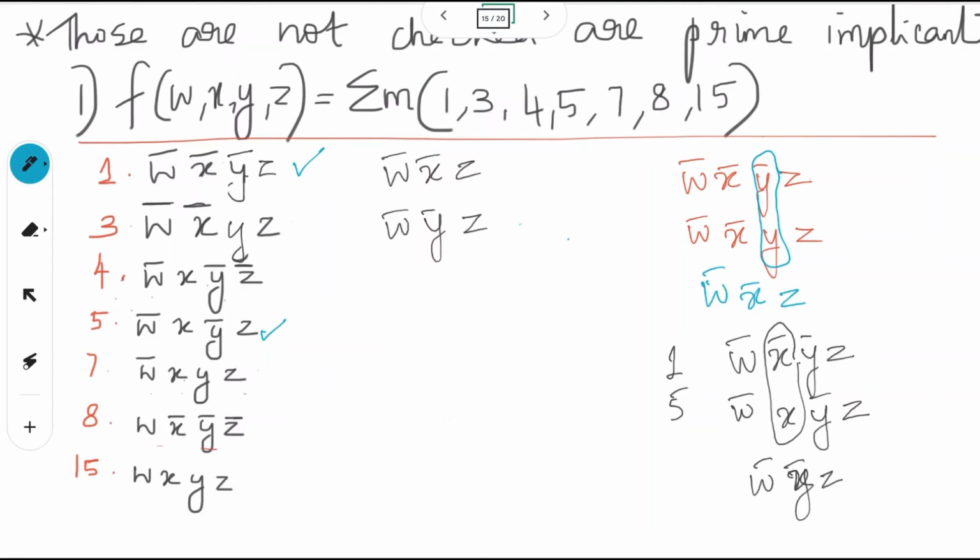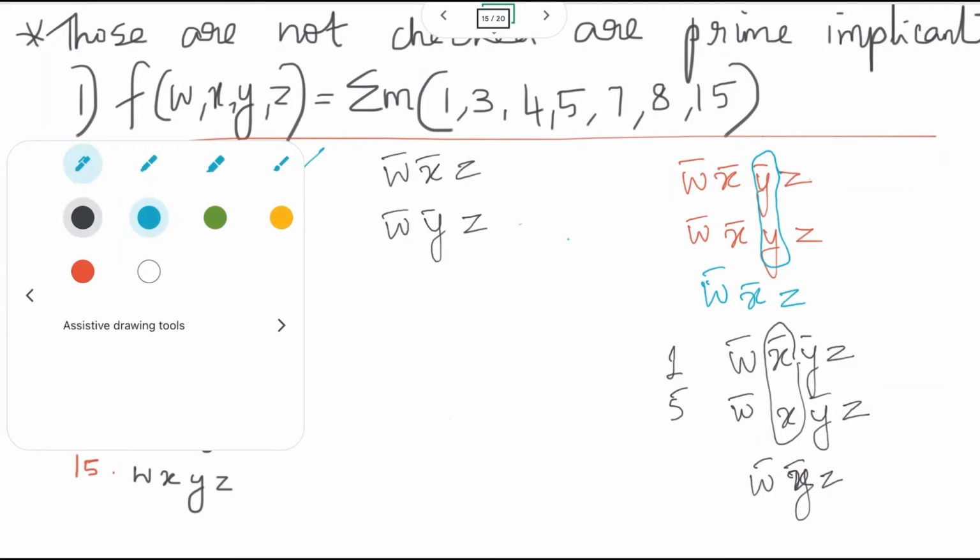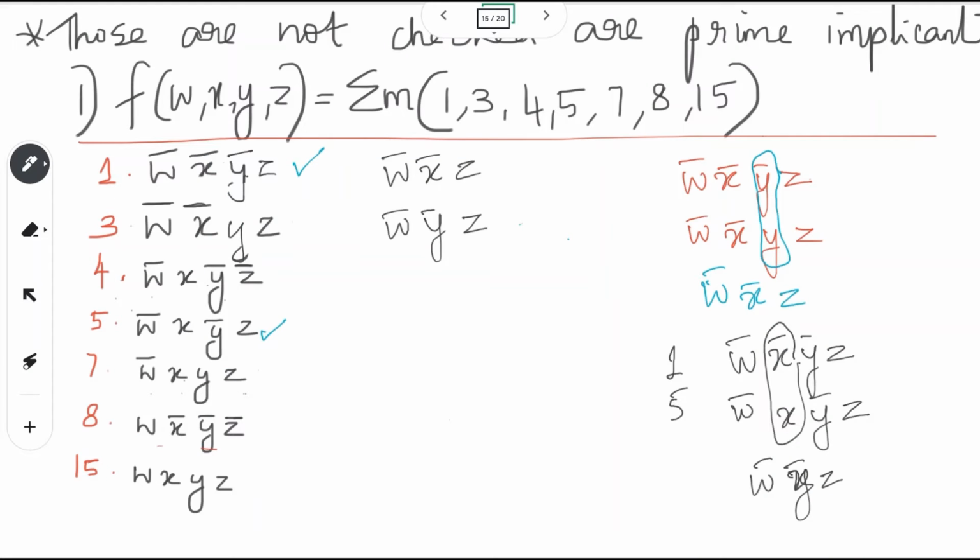And similarly, you have to continue this process again and repeat. So the next term we can see which you can combine is 3 and 7. So once you combine 3 and 7, it is again varying in one literal. So we get the term w bar y z. In a similar way, if you combine each one, we can get the result as w bar x y bar, then the other term will be w bar x z, and then x y z.